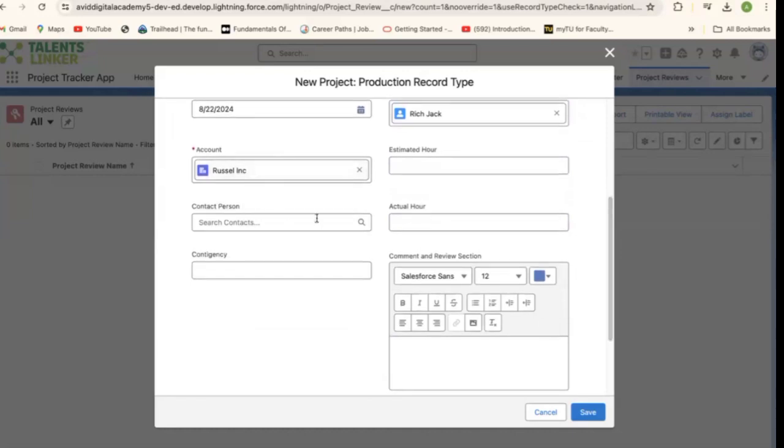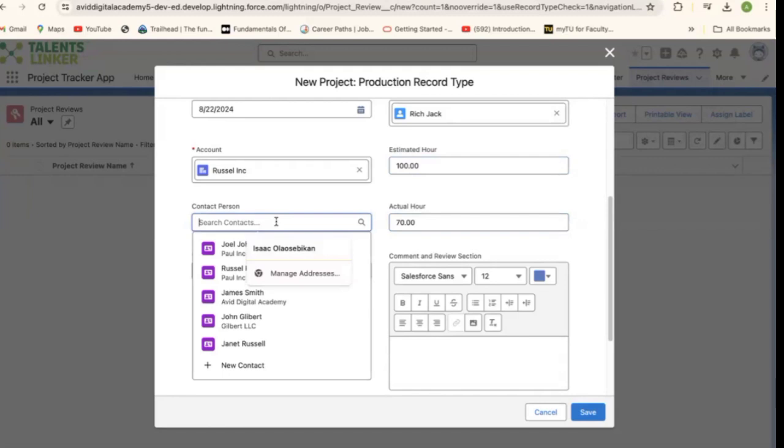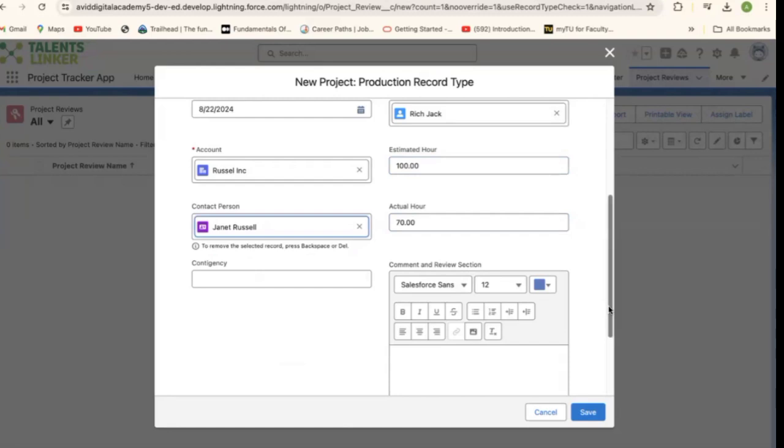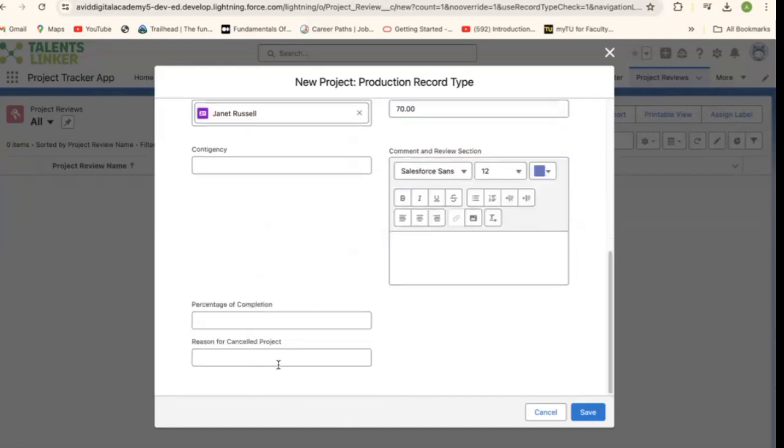The account is Russell. The estimated hours on this project, let's say, is 100. And actual hours is 70 spent at the end of the day. That means they are more efficient. They are efficient with time. Contact person, who is the contact person for this particular project, let's say Janet Russell, and then percentage of